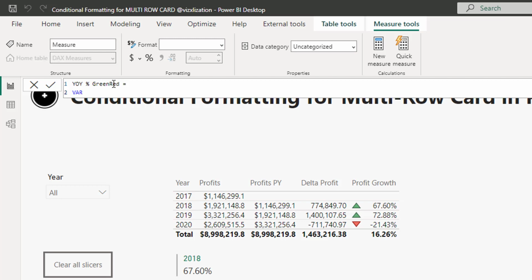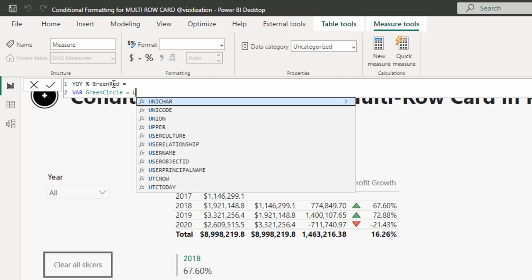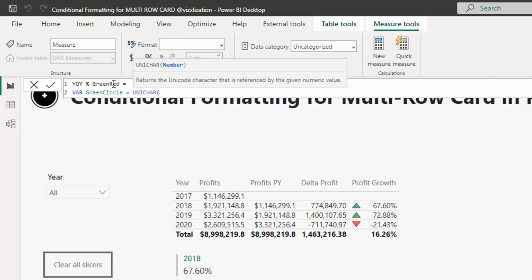So we're gonna use variables here. Please pay close attention, okay? The first variable is gonna be green circle. Like I said before, here we're gonna use this popular DAX function called UNICHAR. So it's right there. And then there is a code here as well that we have to use, okay?